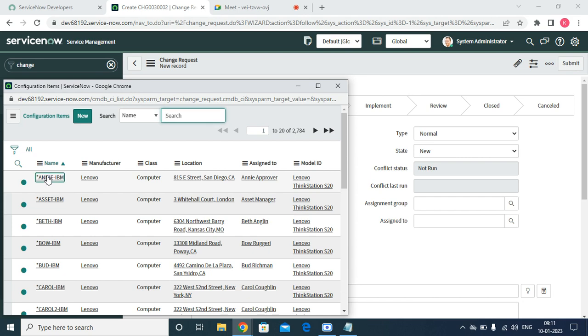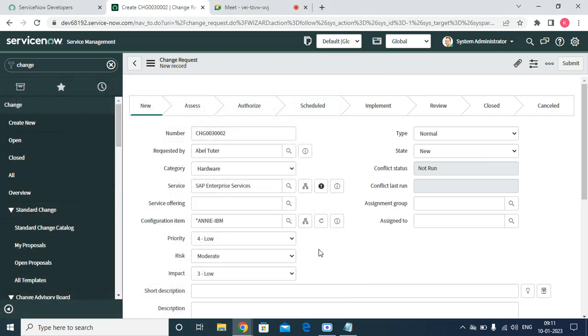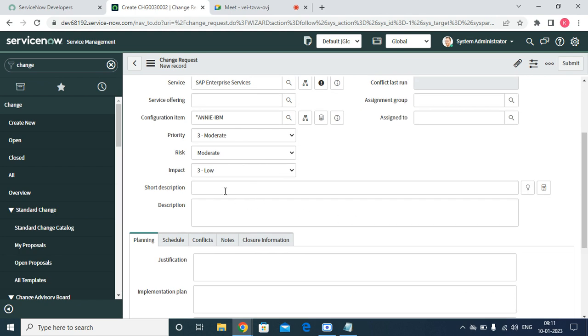I'm just making this a laptop. So here, what is the priority for it? I'm just making it a moderate priority, and risk is also moderate and impact is low. That's one. And here the short description,